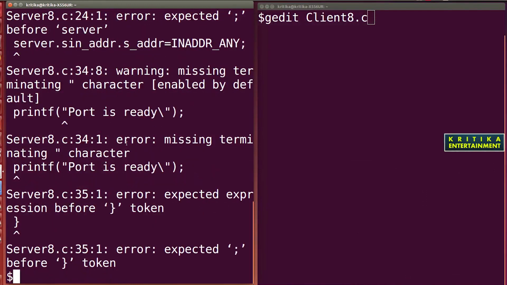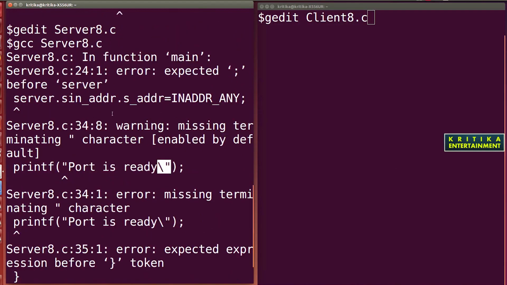Then many errors I can find. \n is not given. Okay. So 24, I have server.sin_addr.s_addr, then semicolon is not given. 23, semicolon is not given. 34, the \n is not given.